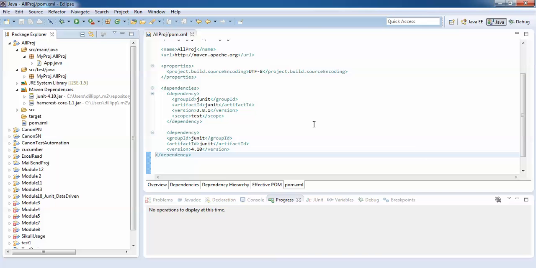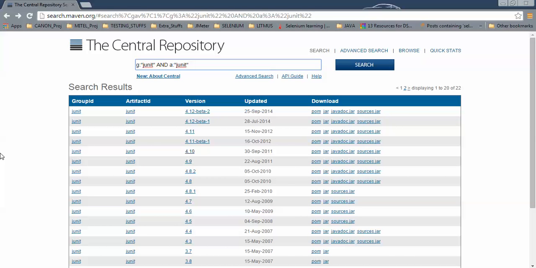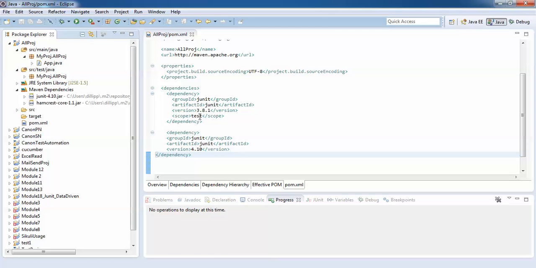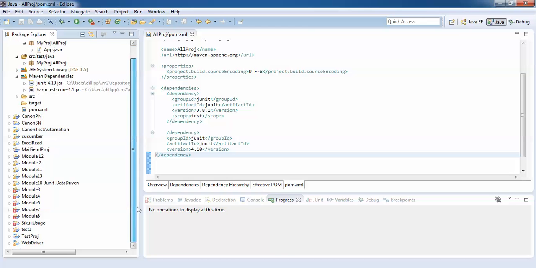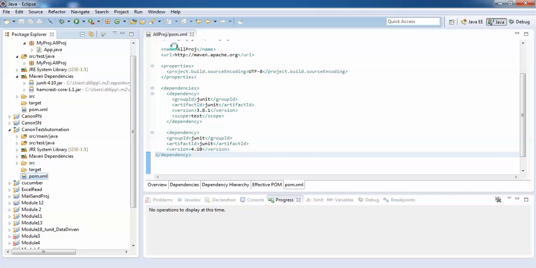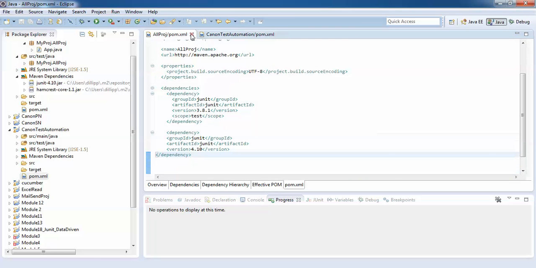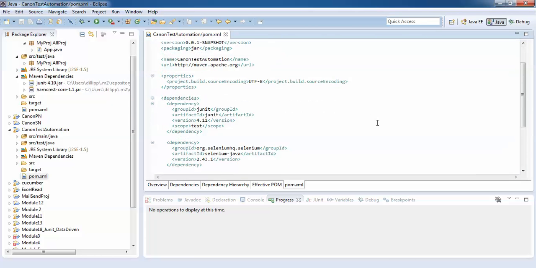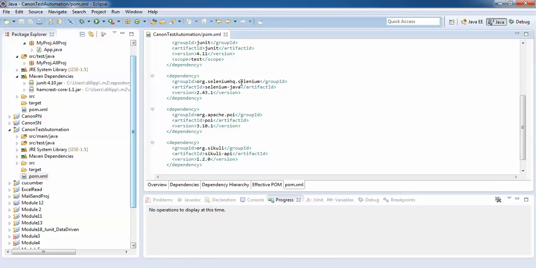This same thing we use in the case of Selenium. We are putting Selenium here. I don't know why it did not work, so I have to try that again, but it should work like this. I have already used it for Selenium as well. I can show you here. This is one POM file I am using in my other project. Here you can see, yes, we were adding a wrong artifact ID, which means we were selecting a wrong jar file. That's why it was creating a problem.